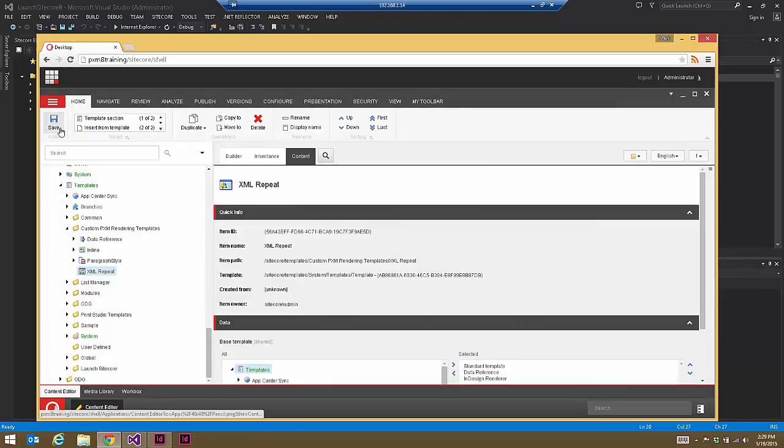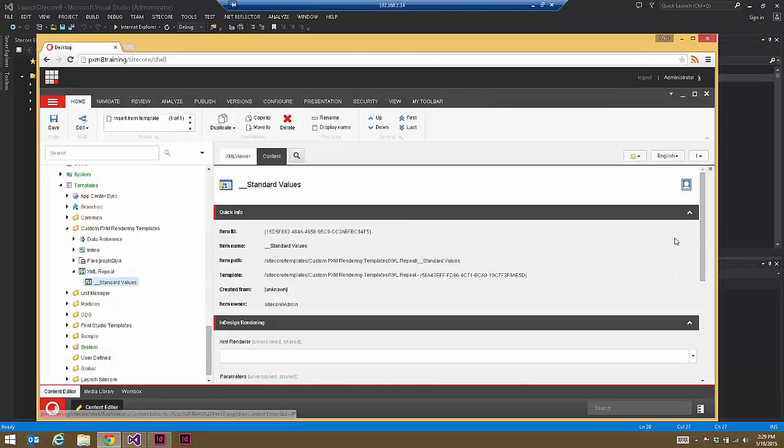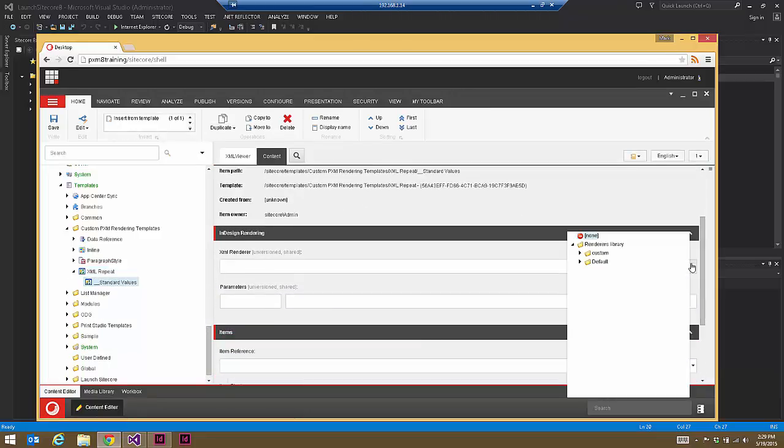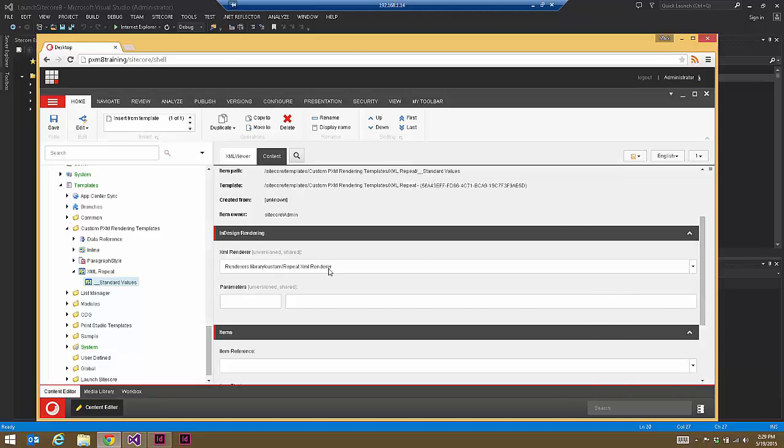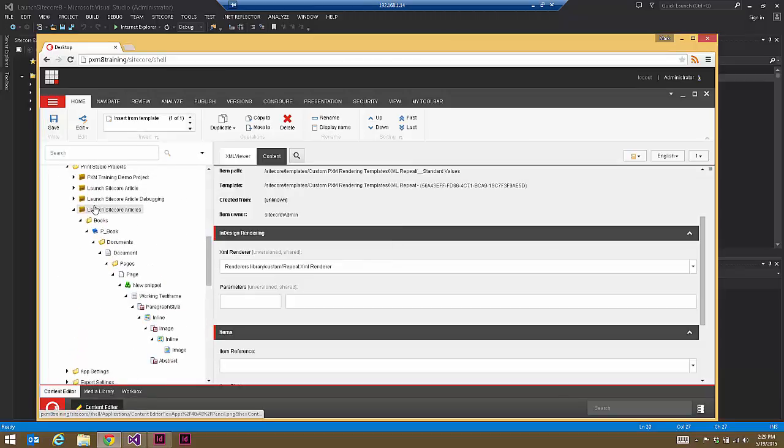And so we'll use that. We'll go to the Builder tab, and then that allows us to click on Options and Standard Values. And then within this, we need to set our XML renderer as our repeat XML renderer. Now what we're going to do is go back to our Launch Sitecore articles here, and we're going to insert